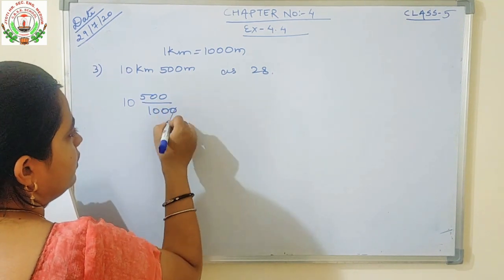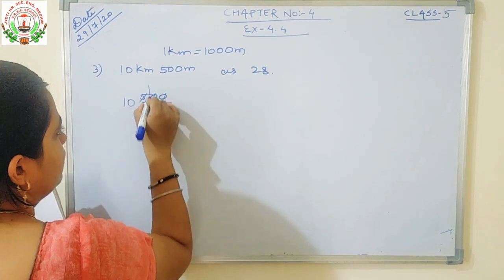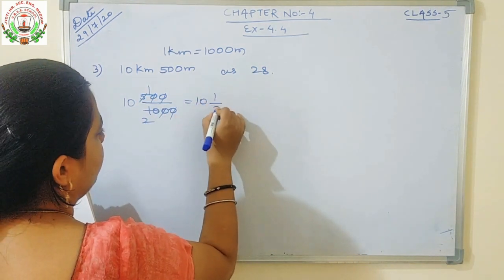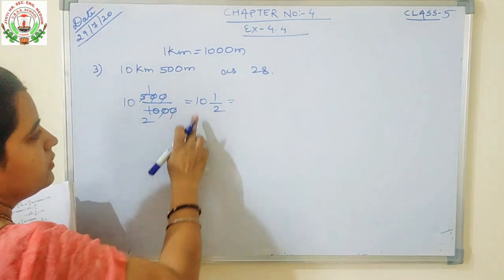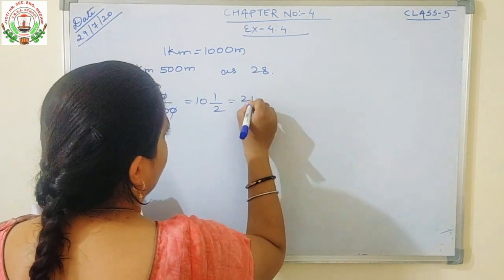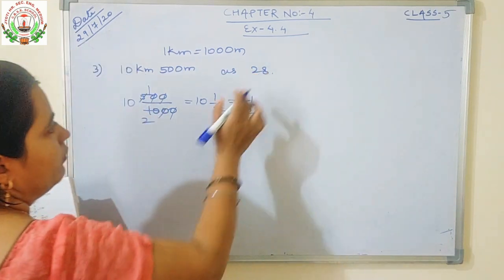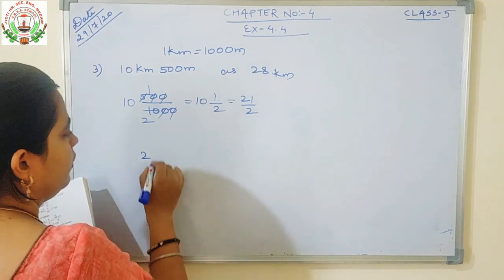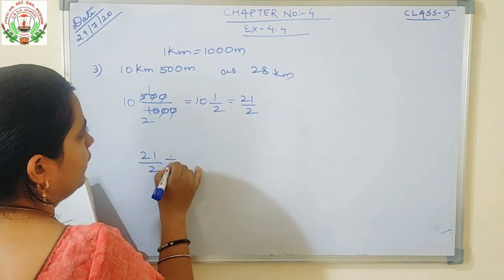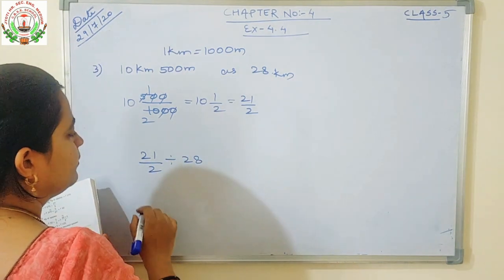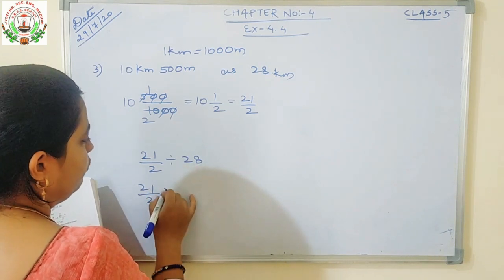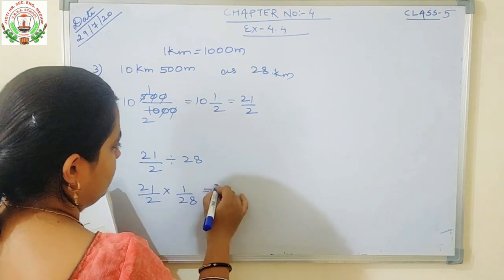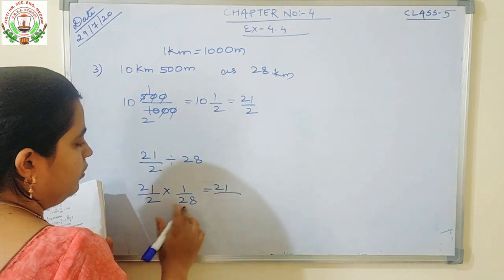First we will cancel the zeros. 5 ones are 5, 5 twos are 10. So what is left? 10, 1 upon 2. First we will convert this. 10 twos are 20, 20 plus 1 is 21 by 2. Now we will express it as a fraction of 28 kilometer. 21 upon 2 divided by 28. 21 by 2 into 1 upon 28 is equal to 21 ones are 21 upon 28 into 2 will be